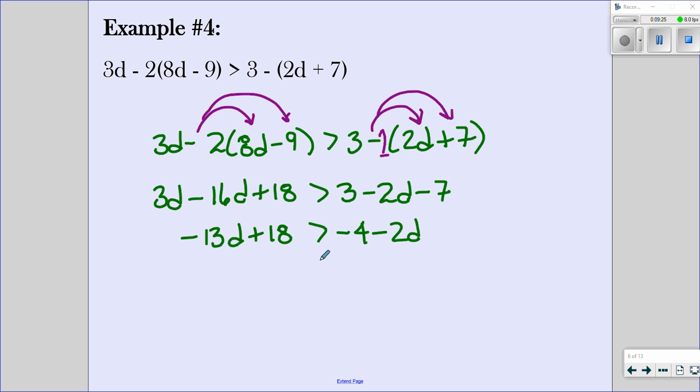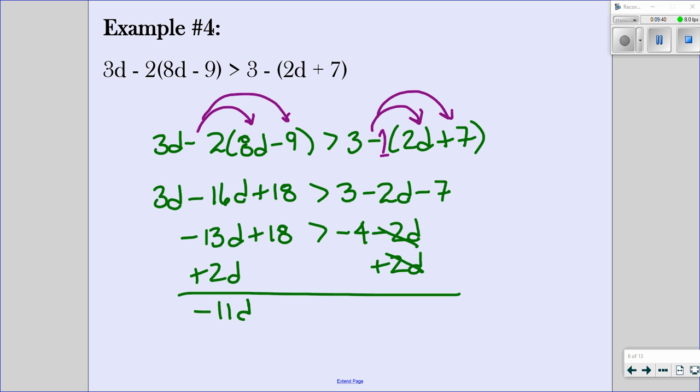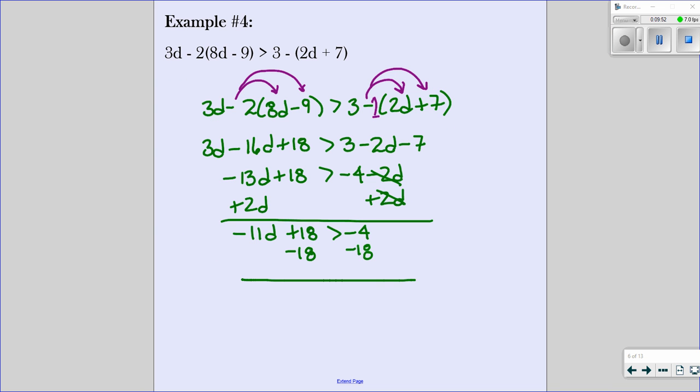Now I'm going to put my terms together by using the properties of inequality. So I'm going to add 2d on both sides. Cancel this out. This will give you negative 11d. Bring down the positive 18 and the negative 4. And then I'm going to subtract 18 on both sides. This cancels out. Bring down the negative 11d. And then I'm going to add these two. That's negative 22. And then I'm going to